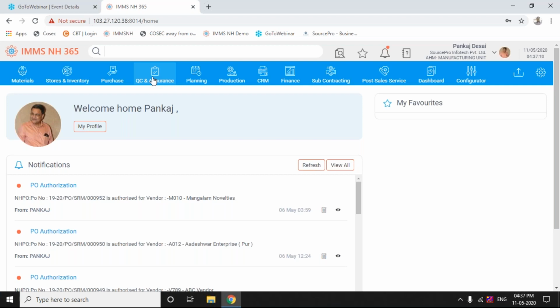We have generally taken an approach that whatever is received goes to a warehouse other than what is there in the WIP. So WIP is a notional control activity on the shop, which we do not classify as a warehouse. But other than that, whatever is coming in, whether through the goods receipt note route or through the production booking completion, bringing the finished component or finished goods into the warehouse, that falls under the stores and inventory module. So with this background, let me start with